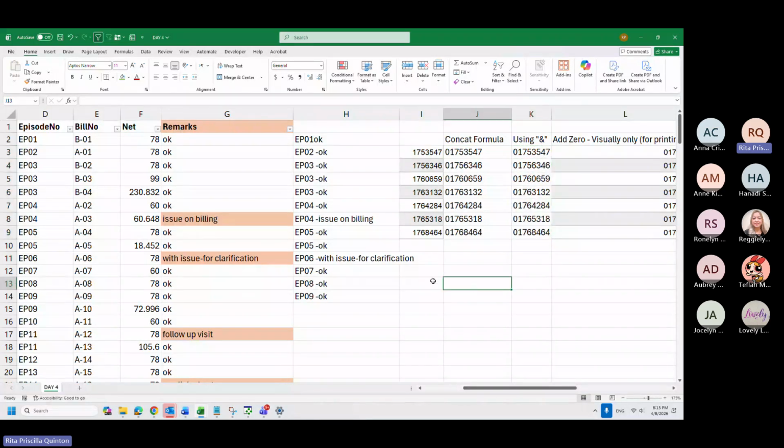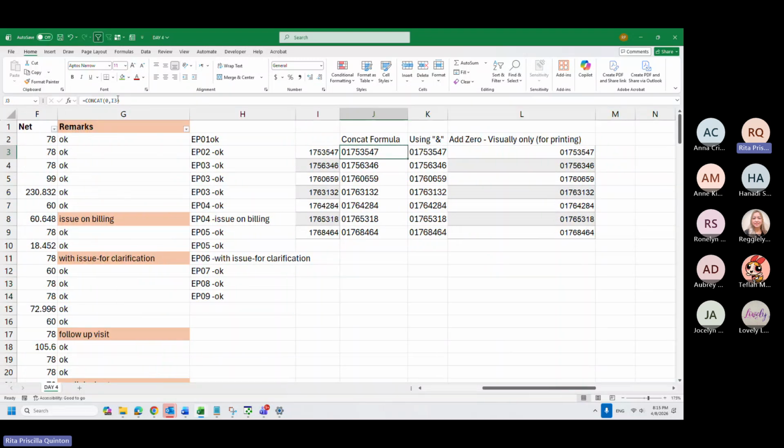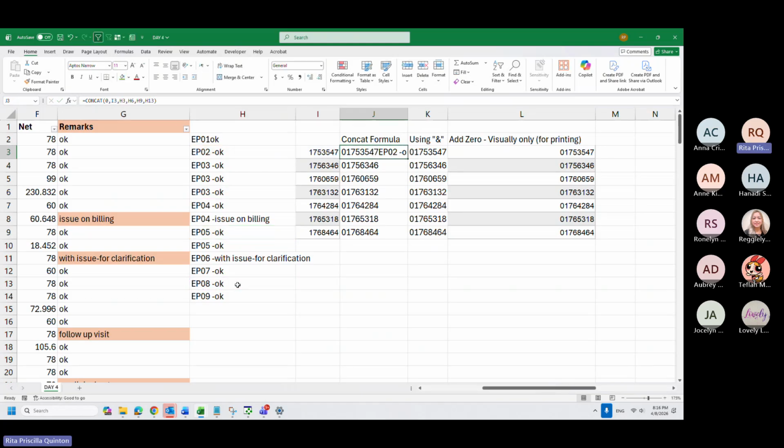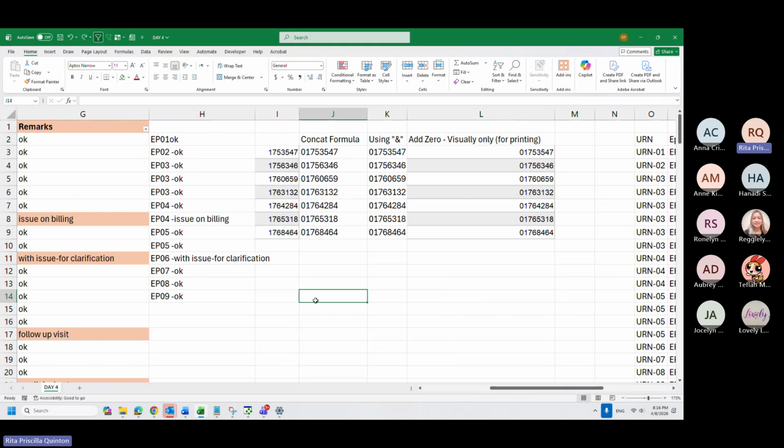For me, I usually prefer the concatenate because with concatenate, I am not confused about what text was combined. And with concatenate, I can use it on multiple cells without typing the end again and again. So I can do this, just comma, comma, and add whatever you need. Concatenate can also be used with comma.